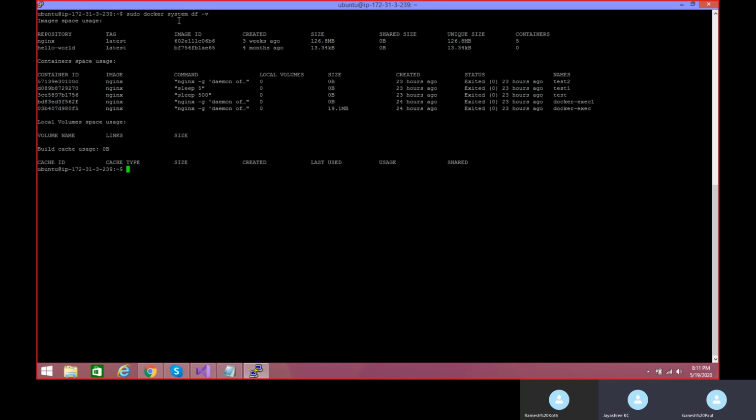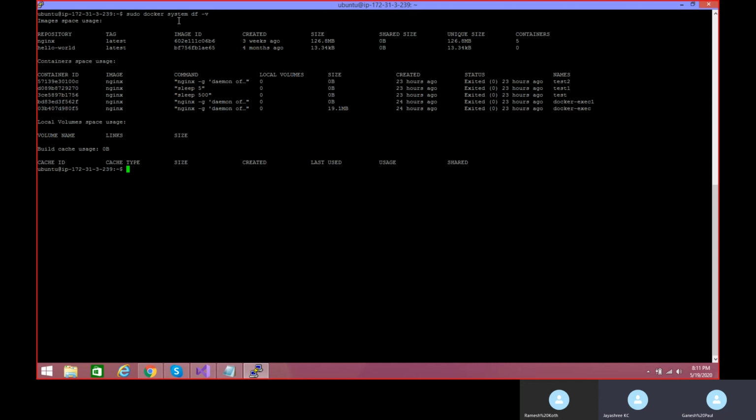The exit state also takes some memory, and we don't want to keep that memory inside the system because we will be dealing with multiple containers. That's the reason we want to run the container so that whenever it exits, it is removed automatically.